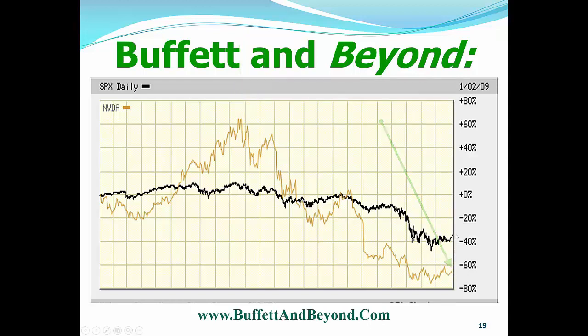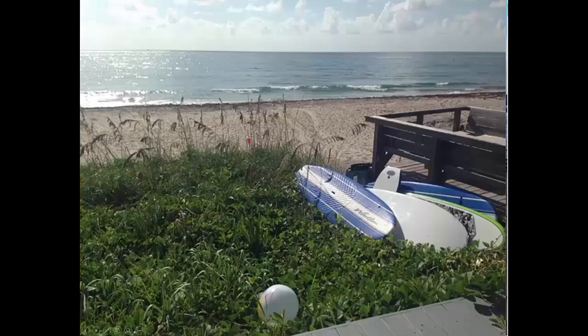The market itself fell 40%. But this cyclical stock was down twice as much as the market. And folks, what do you do when your portfolio is down 30, 40, 50, 60, 70, 80%? Do you sell or do you buy? And boy, oh boy, you don't have much money left in order to buy. And that's why we want you to be very careful of cyclical stocks.